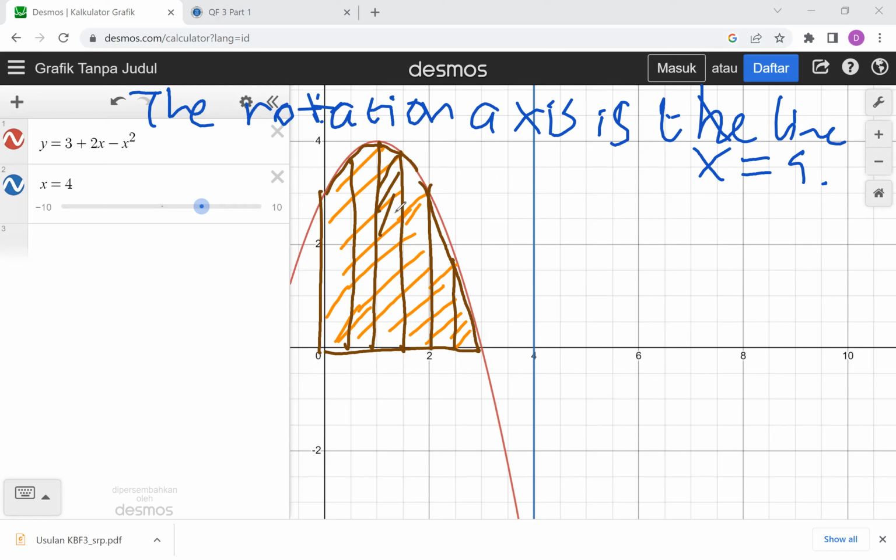Okay, if we consider this one, let us consider that here is x. So, what is delta V in this case? 2 pi multiplied by